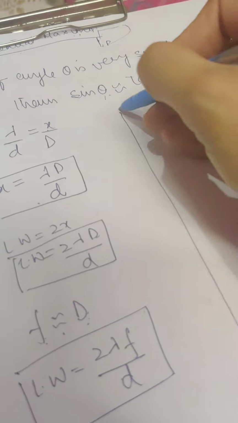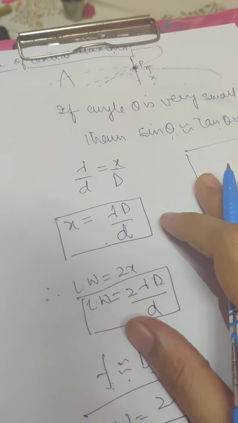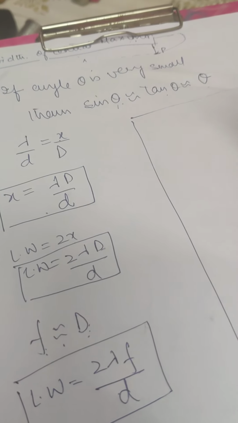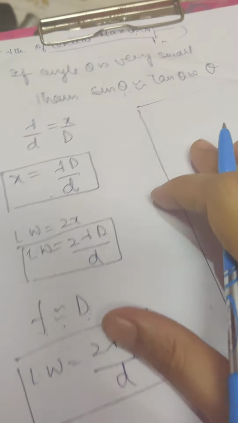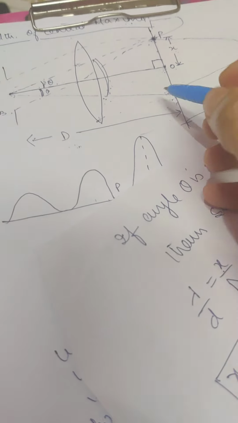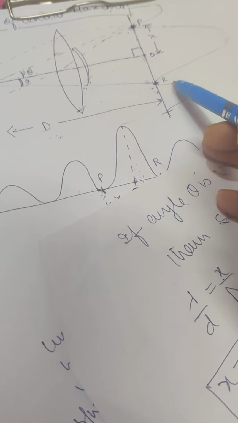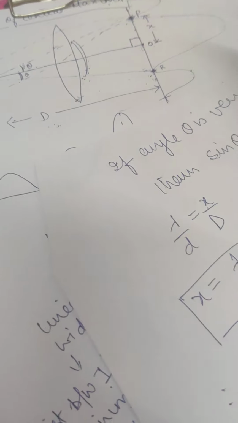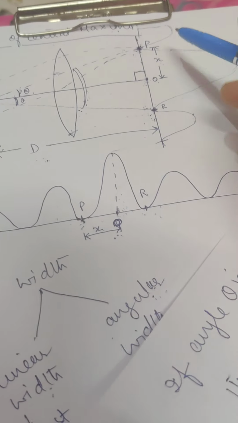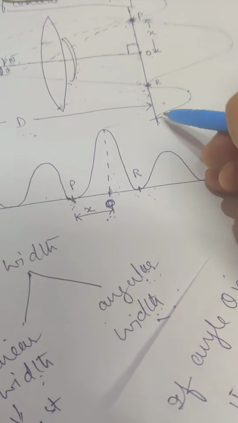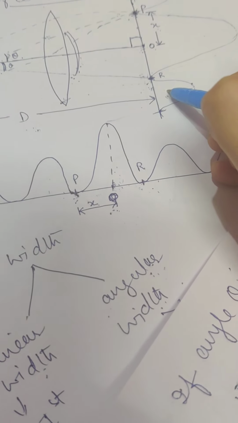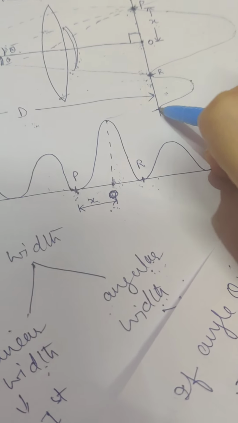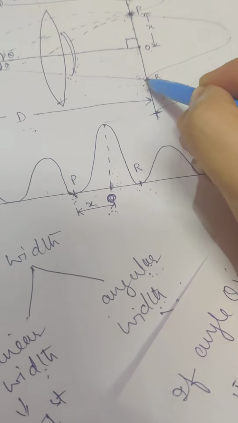Now beta, the width of the central maxima is in your syllabus. The width of secondary maximas is not there, but let me show you. As we always told you, the brightness of these secondary maximas is less than that of the central maxima. We will also calculate the width of these secondary maximas. Beta, you can see we get these. This is my first secondary maxima. We get the first secondary maxima between these two minimas. We always get the maxima between the two minimas.